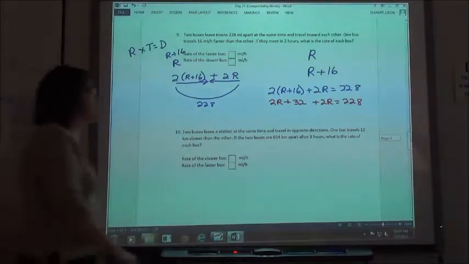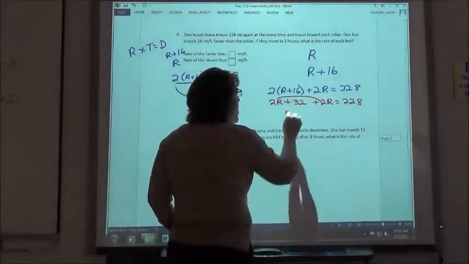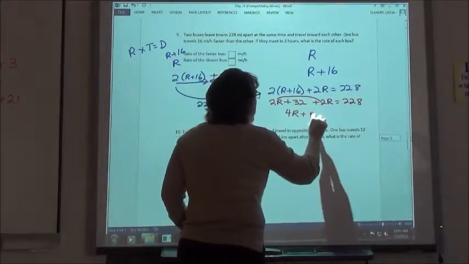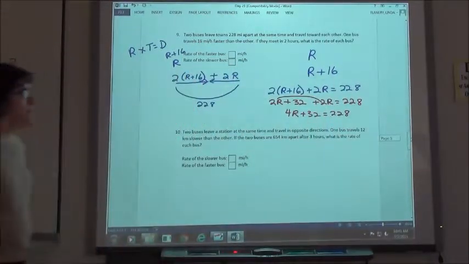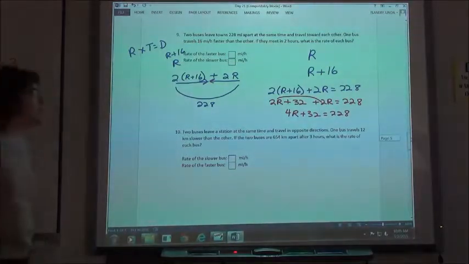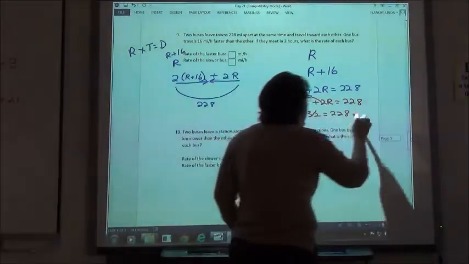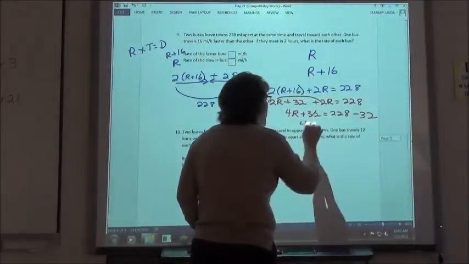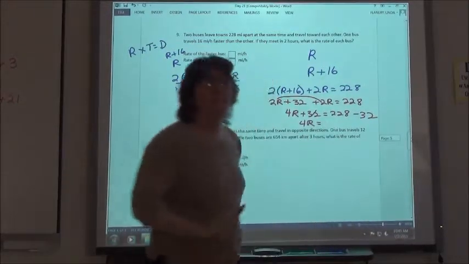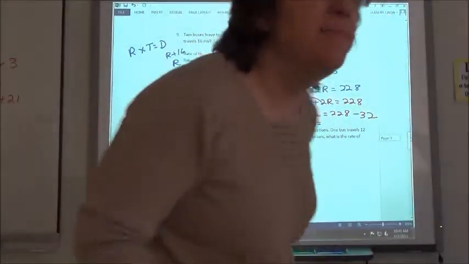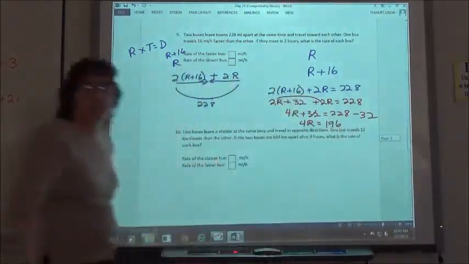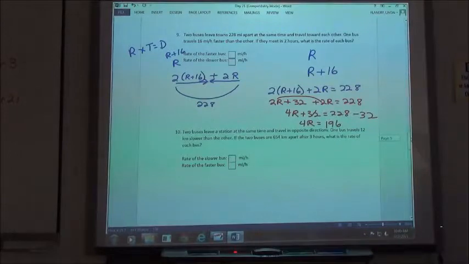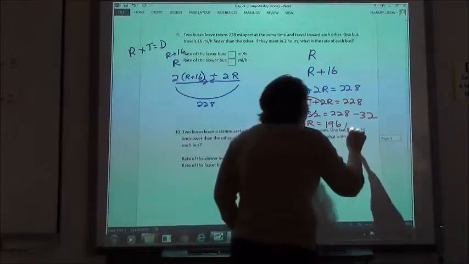Combining my like terms, 2R plus another 2R would be 4R, plus 32 equals 228. To solve that, I got to subtract my 32. I'm going to let you do that for me. 4R equals 196. If you get a different number, holler. And if you divide by 4,